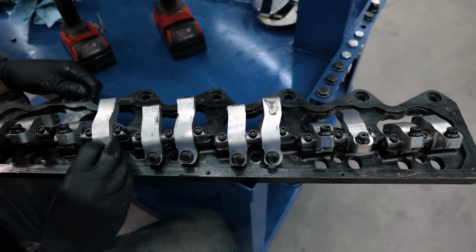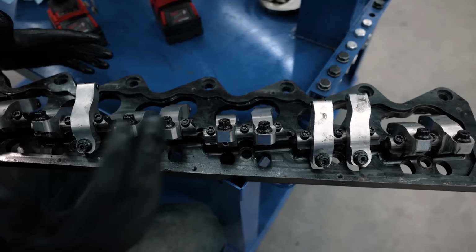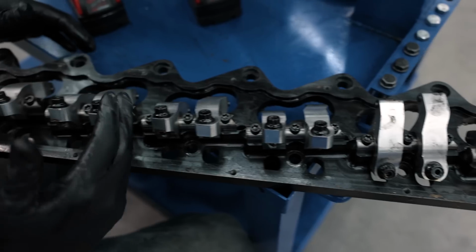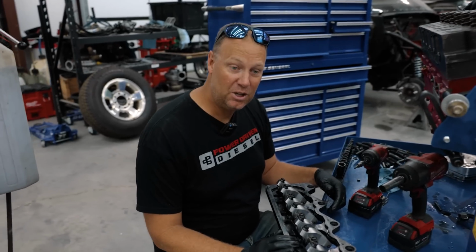So I'm really glad that this thing looks to be intact and fine. This is our SMT roller rocker assembly, aluminum rockers. This is an incredibly strong valve train assembly. It comes with a top end girdle. This is awesome. All your super high RPM, like super stock pullers, use something like this. This is ultra reliable, ultra high RPM, and I am very glad that we can reuse this and this didn't